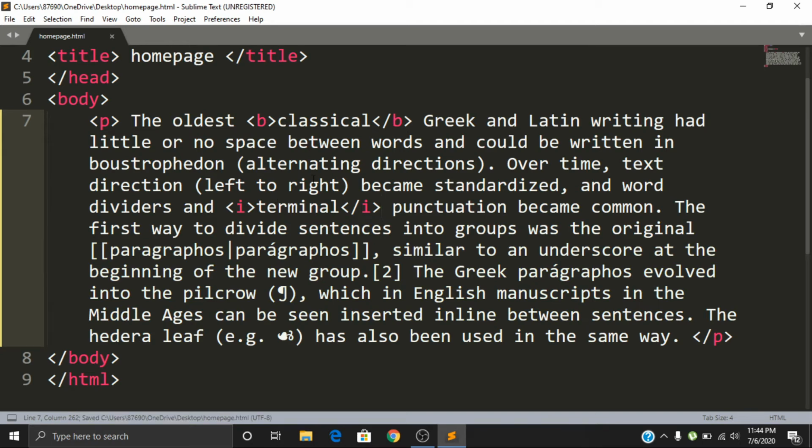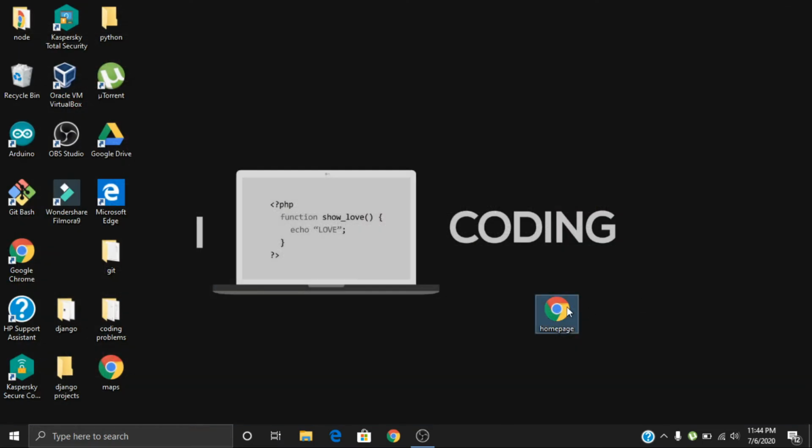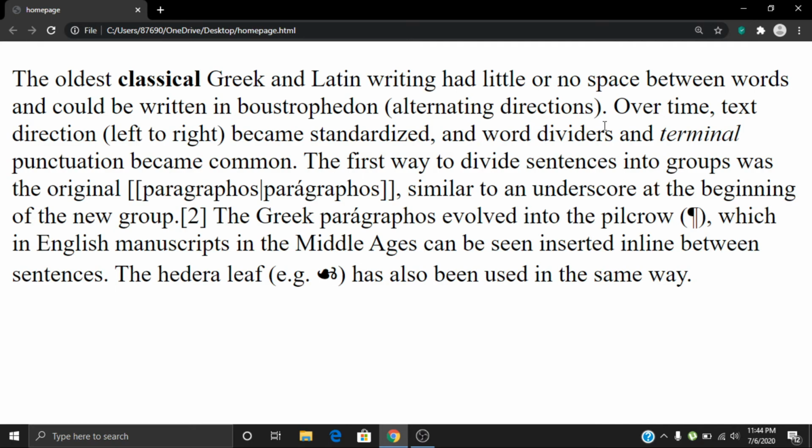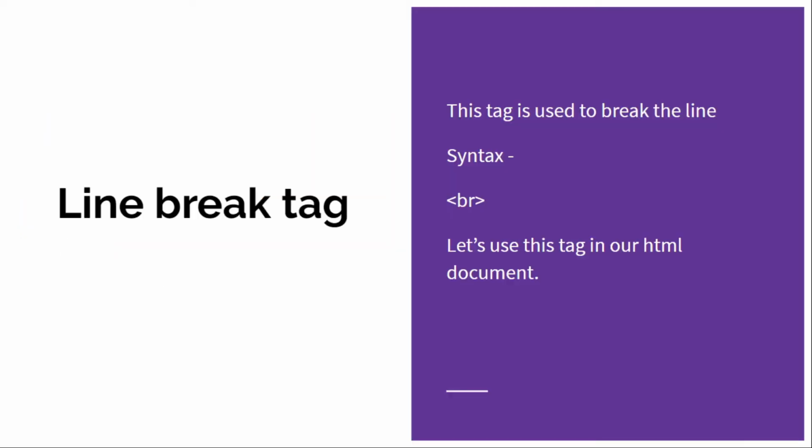Let's save our document and open it again. Here you can see that the word terminal has become somewhat slanted, and this is what the italic style looks like. So basically this I tag makes the word italic.